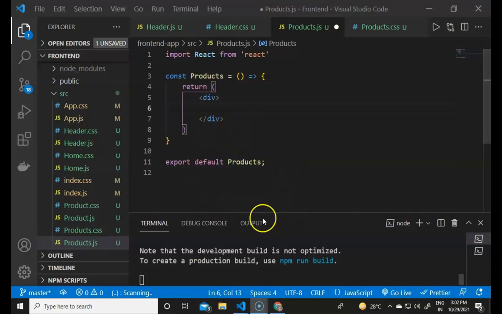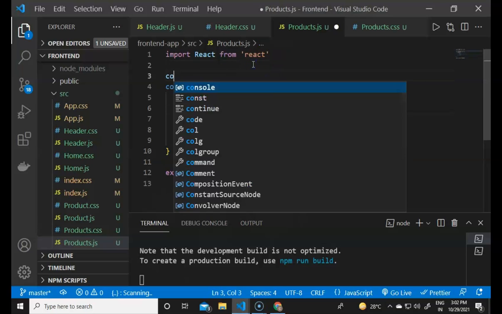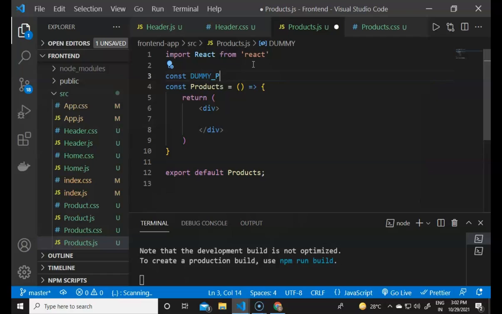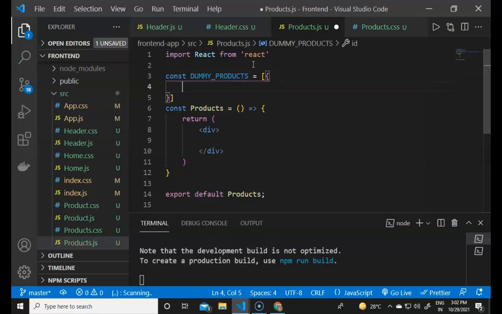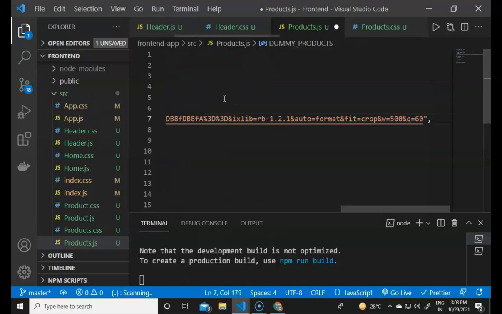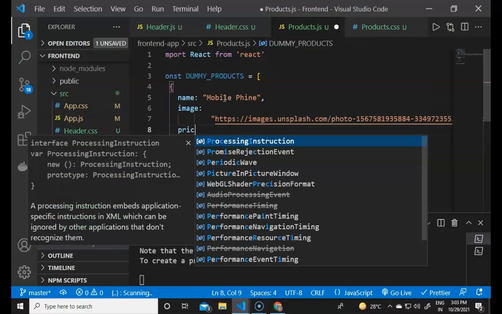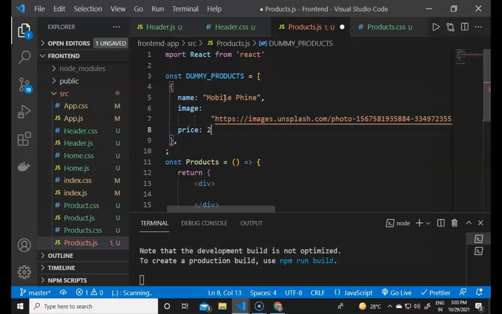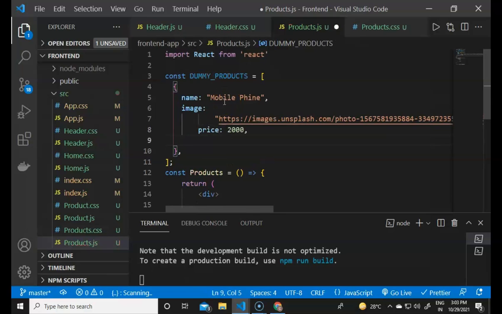So now in the products, we will build the layout of how our products are going to look on the web. I will create a dummy object here. First it will be the const dummyProducts, and it will be equal to an array of objects, and the objects will contain the ID or just the name of the product first, like a mobile phone, and it will contain the image. I will pick the image URL here, and then the price, I will pick the price as 20,000, and then it will contain the description,